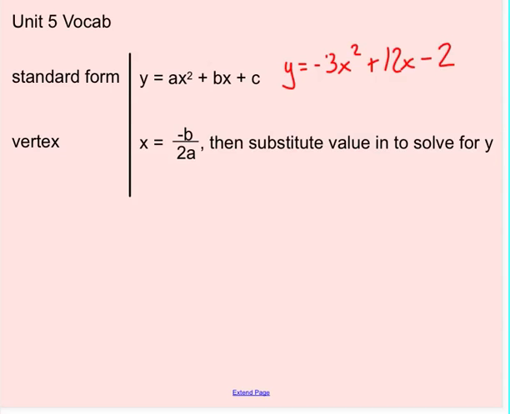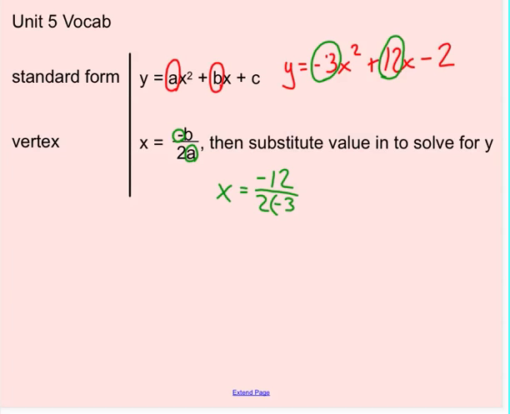We've got an equation for the vertex, which is also the equation for the axis of symmetry. X equals negative b over 2a. So again, b is the coefficient of your x, a is the coefficient of your x squared. So for our example here, the axis of symmetry, or the x value to find the vertex, would be x equals, now this negative just means opposite. So the opposite of the coefficient for x, 12, divided by 2 times a,